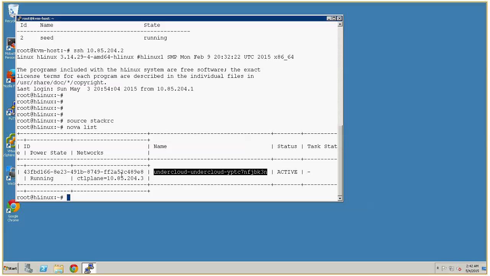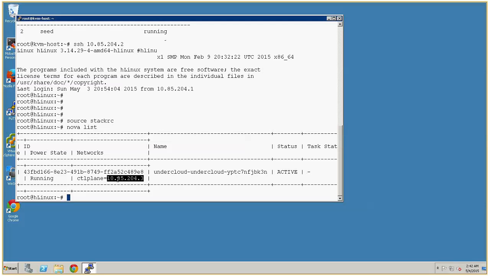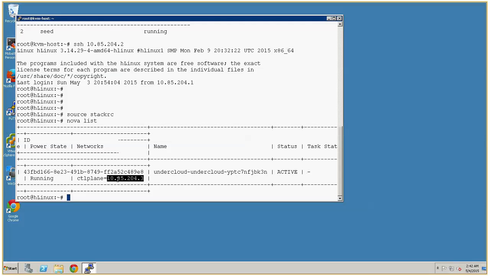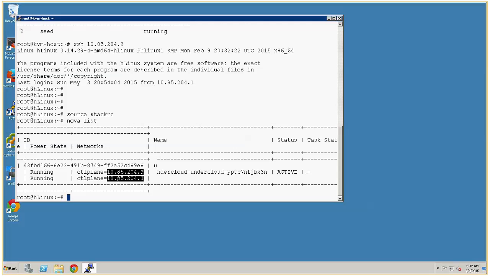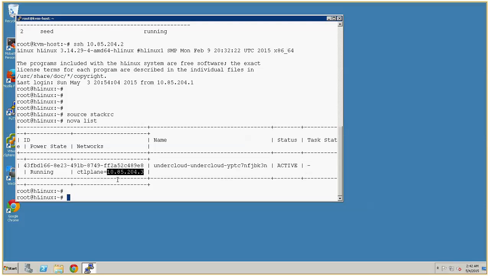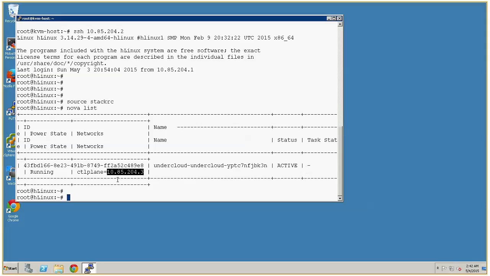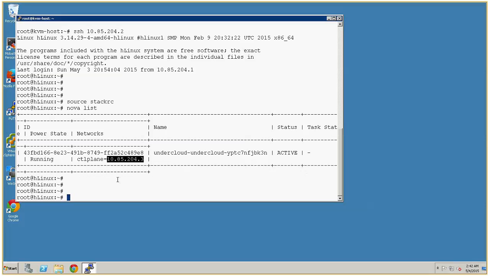If someone can try from the other end, I can just say the commands also, or I'll send out the commands. Yeah. This Nova list will display the instance, and this is an Undercloud instance which was running in this seed VM. So I'm just logging into the Undercloud. I just logged into Undercloud now, and I'm sourcing the credentials of Keystone. So from Undercloud, I will see the bare metal instances of Overcloud. My machine will have a lot of controllers, computes, as well as storage nodes. So I will be